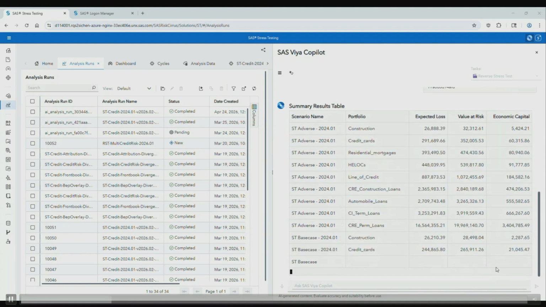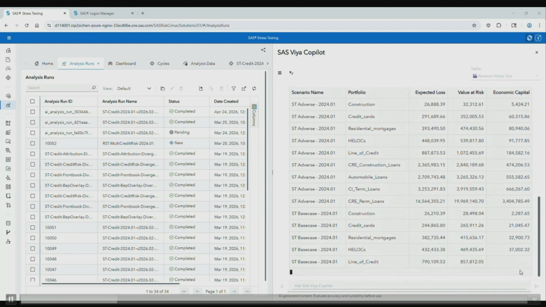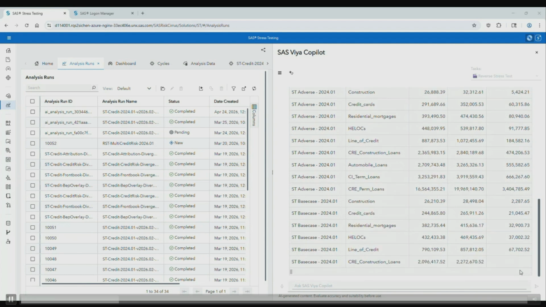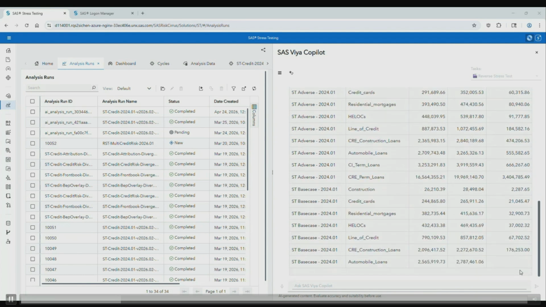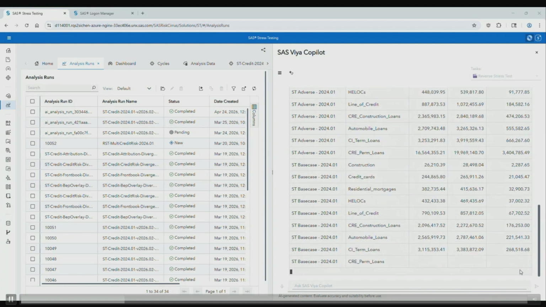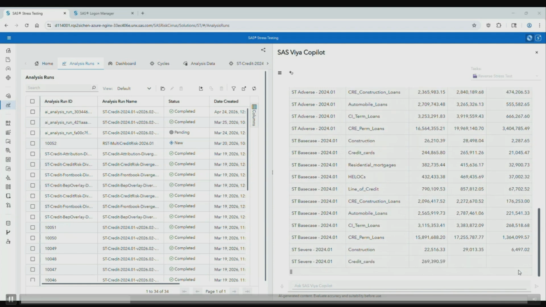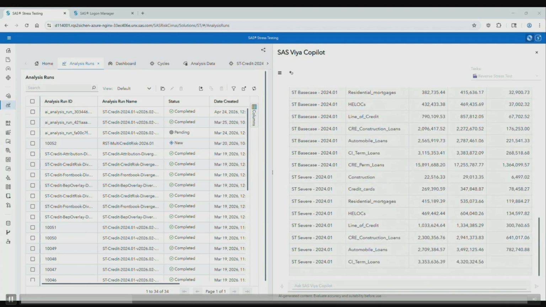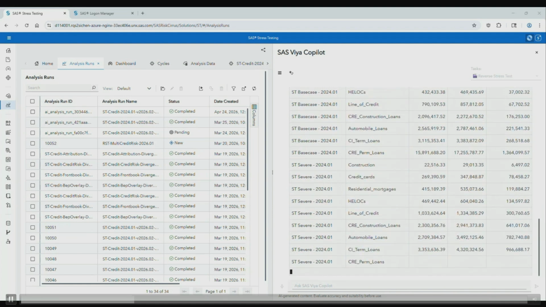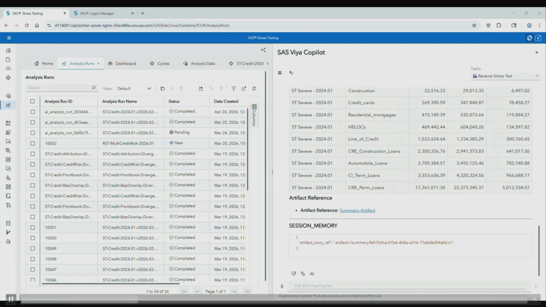These are the values: the expected loss, the value at risk, and the economic capital that's already computed as part of the stress testing cycle, and they are being retrieved and displayed to the user. This is the result set that we are going to use to further do failure point analysis. So this is the way to query the solution to get the results for a particular result set.